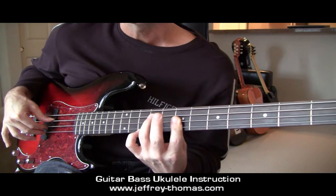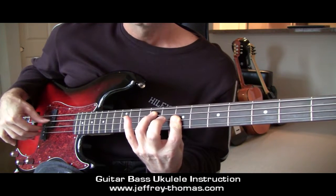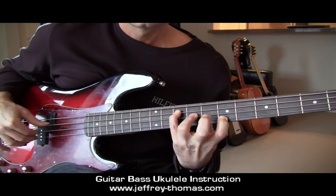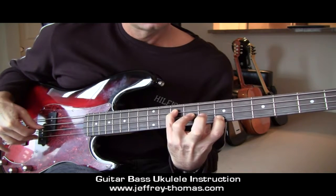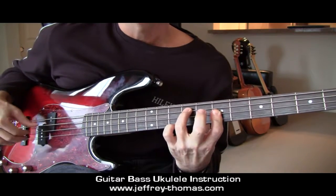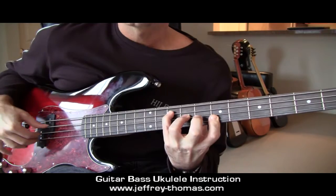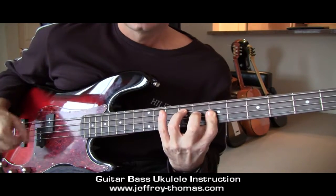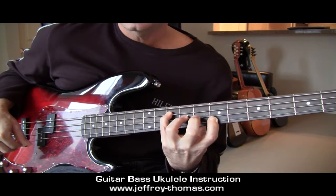So let's say you're going to play chords. 1, 2, 3, 4. The next chord for the verse would be G. Okay, so G is fingers 4, 3, and 1. Then you would go back to D over F sharp. I'm just kind of comping chords for the verse, right? To G. And then you would go to